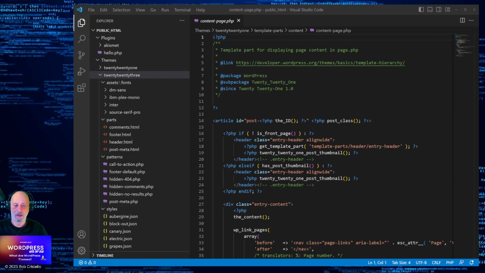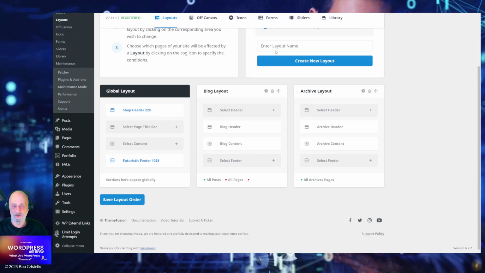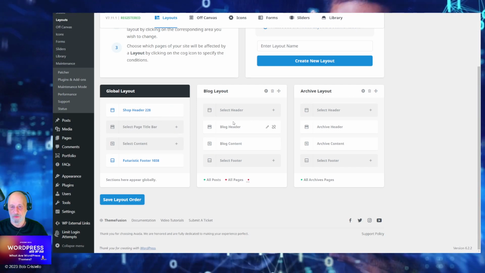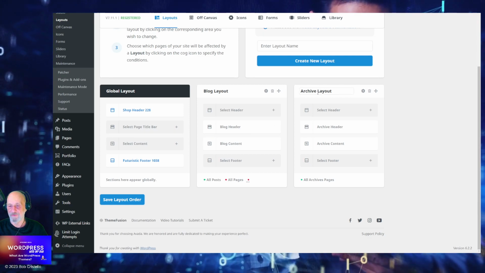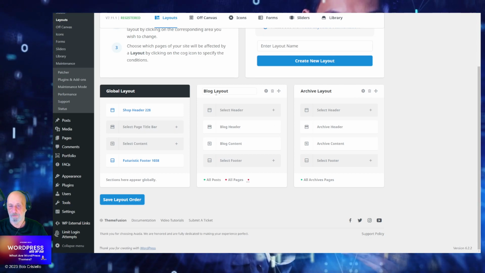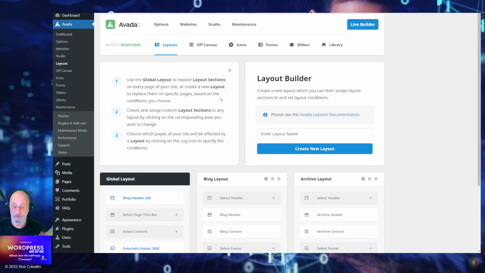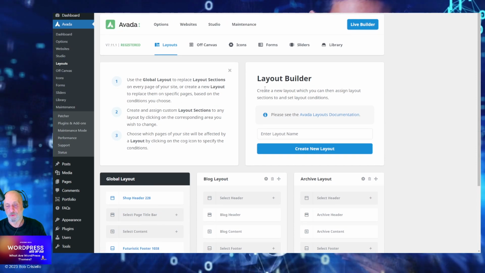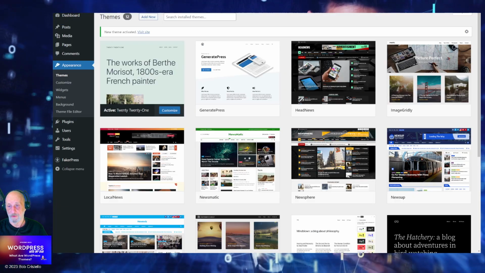But now you buy a theme like Aveda or Elementor, and you can create these global layouts here. And you can create different archive types. This is just the base blog. If I wanted webinars or podcasts, or products, that would require something like WooCommerce. But let's take another look here really quickly.